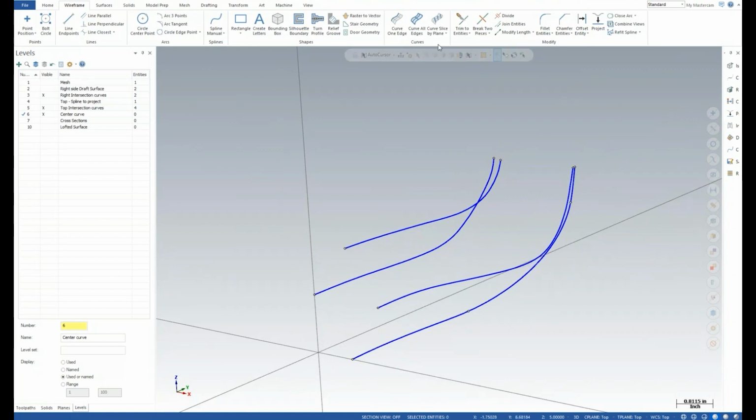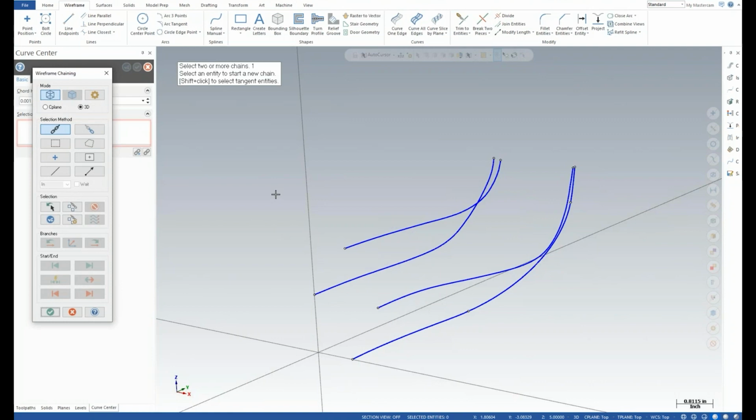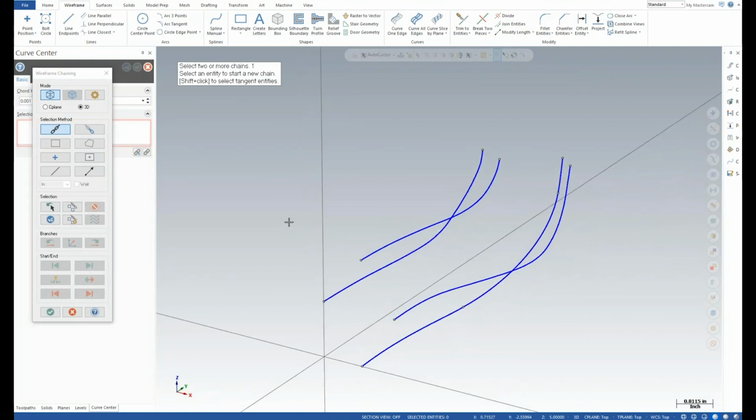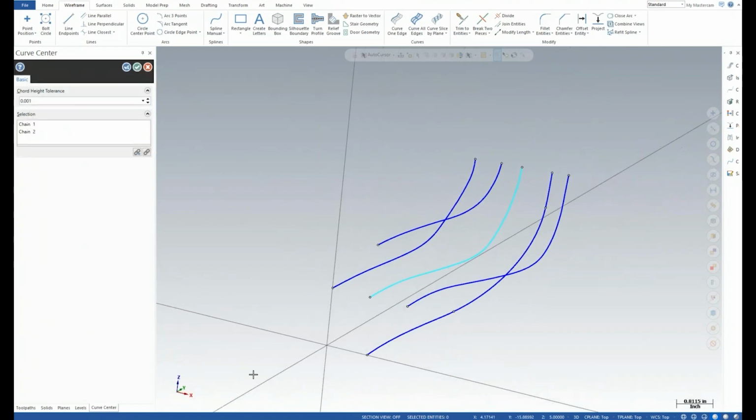So we got our 4 curves. We're going to go over to the curves function on the wireframe tab. Under slice, we're going to pick curve center. Now this function, you're picking chains, so it's not single entities, which is nice. It gives you a lot of flexibility. And I'll go ahead and pick this curve and this curve, and we'll say okay. So now we have this medial curve, this center curve passing through it that is influenced by the curves I added that I used to select. And it requires a minimum of 2 curves. But as far as I know, there are no limitations on how many curves you can give it.